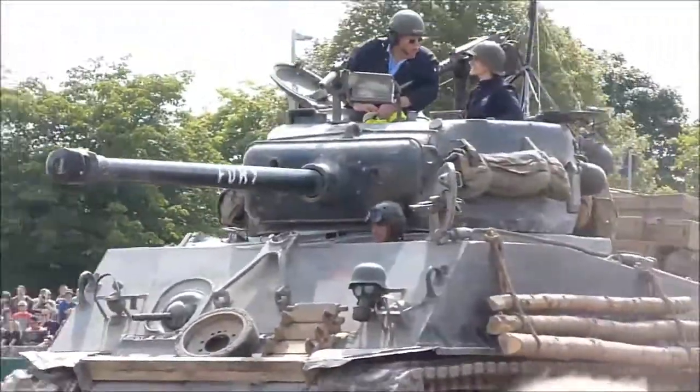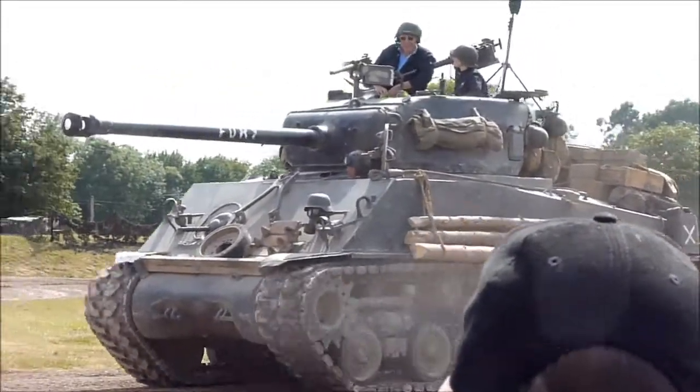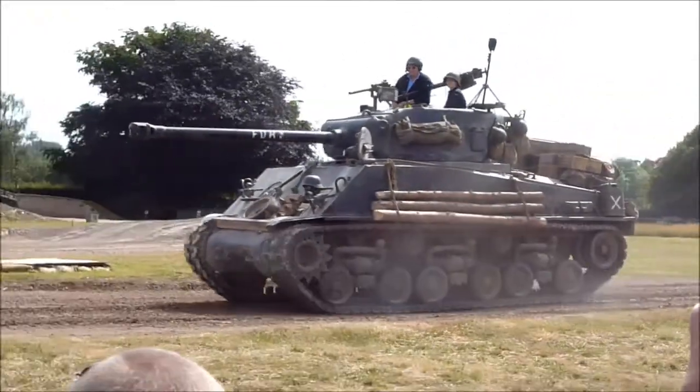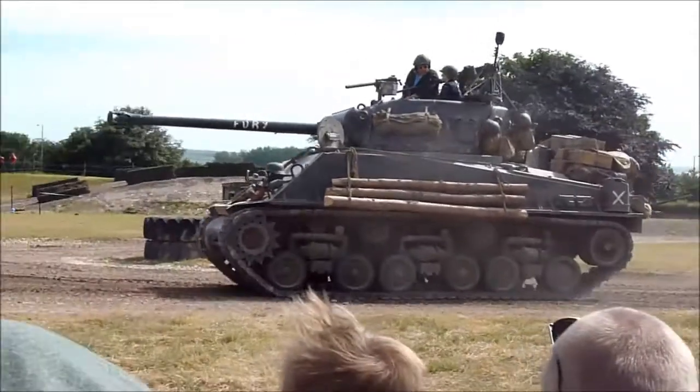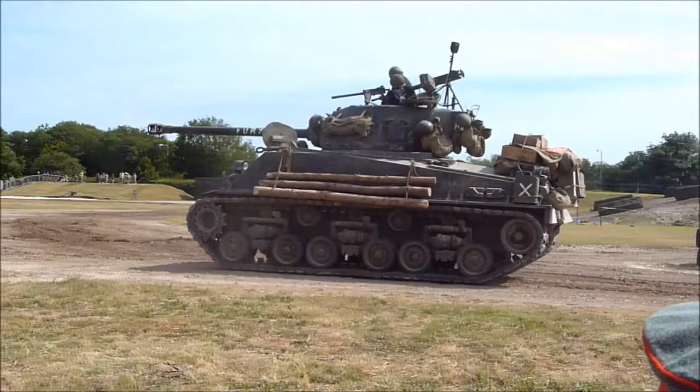It's worth pointing out actually that the Sherman in question is a 76mm gun Sherman with a long gun in it and the enlarged turret, but it's actually powered by a pair of General Motors diesels. Now the US Army during the Second World War would have nothing to do with diesel engines at all. They decided on petrol, and petrol it will be, so the diesel engines were only